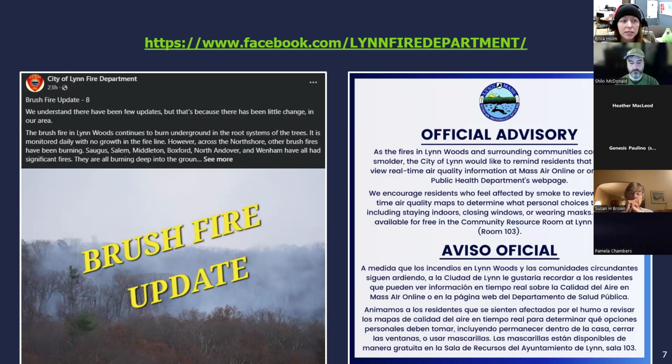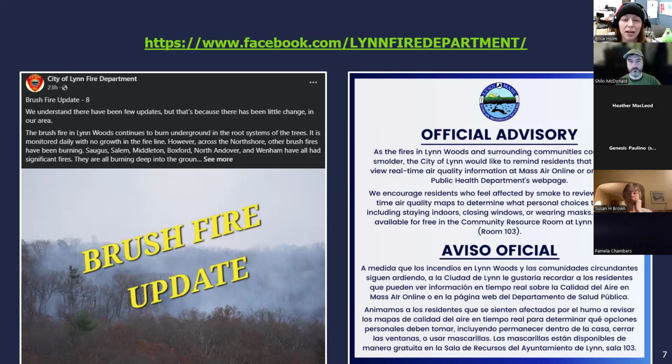But essentially, what happens is the air quality is really quite poor. You want to be closing your windows if you live near the area. You don't want to be letting the smoke in. The rain today, tomorrow, and hopefully through the weekend will help. But I've learned, and I'm new to this topic, that it's not quite as simple as extinguishing a wildfire with a spitting rain. You really need several days of soaking rain to put out the heat that's under and in the soil. A lot of the brush has burned off, so the fuel on top has burned off, and the fire is somewhat contained, but this doesn't mean that the fire's out.